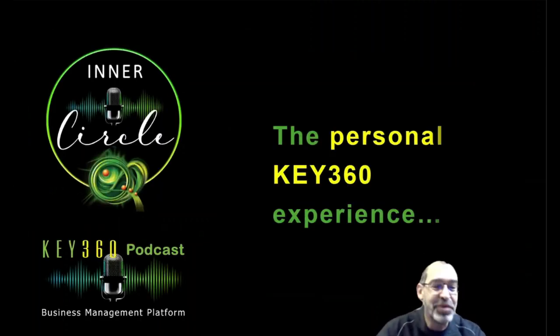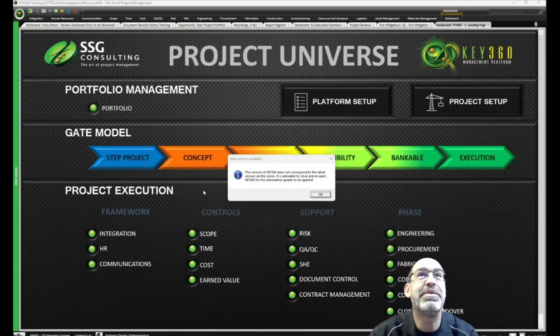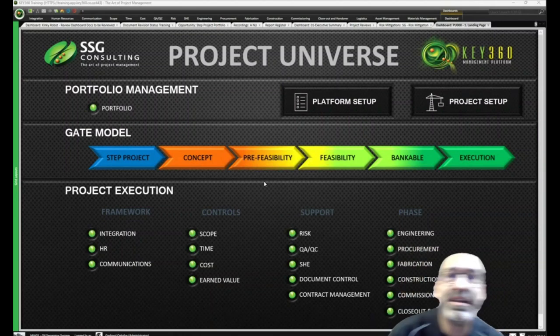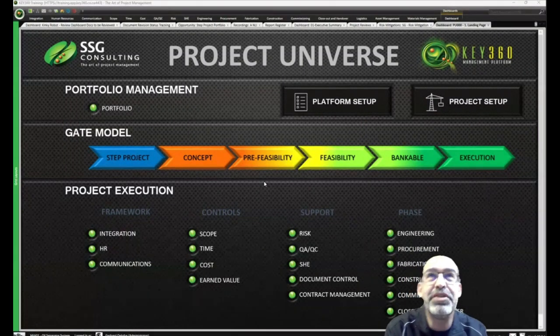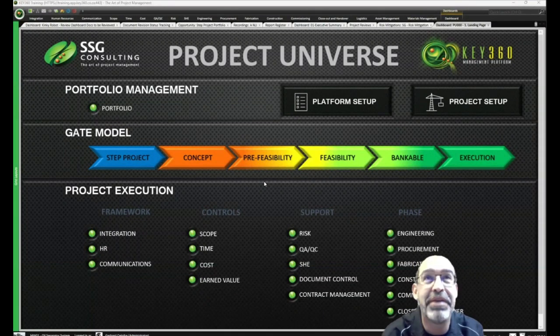Moving towards KEY360, I want to quickly jump into the platform, and let's look at some of the registers available to us inside KEY360 itself. Let's quickly have a look here. So here what we have is, of course, the dashboard when we log into a specific project here. This is just something generic for training purposes, set up a long time ago already, but still alive because